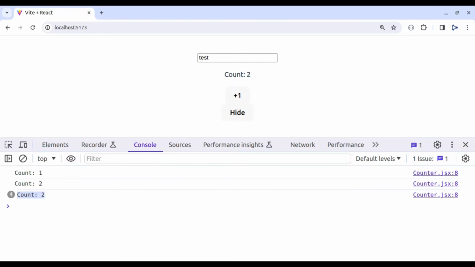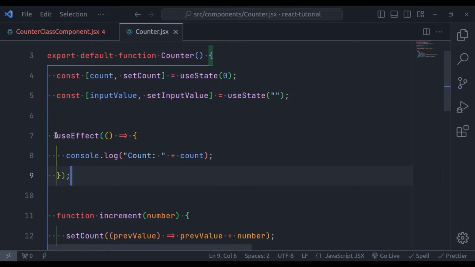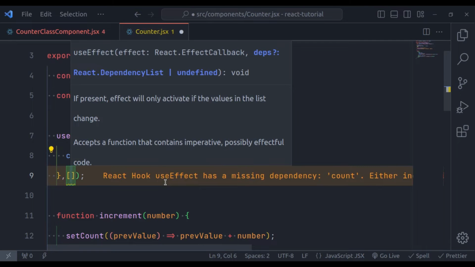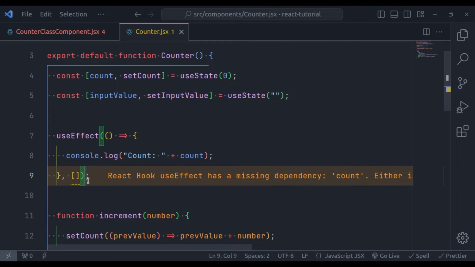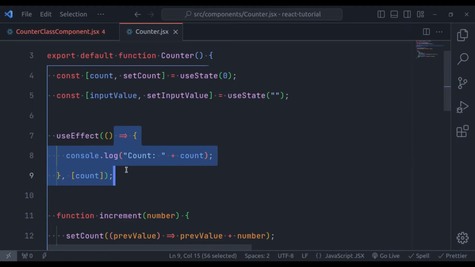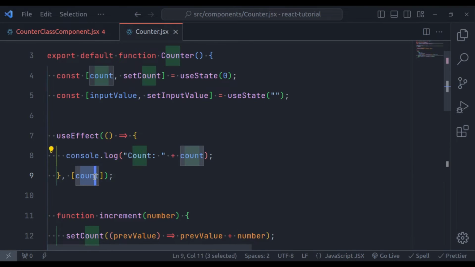from the useEffect function. However, since we have logged the count value, it should only execute when the count value changes, not when the input field value changes. And this is where the second argument comes in, which is an optional array, the array of dependencies. Here we can pass this count variable, and now the useEffect function will only execute when the value of count